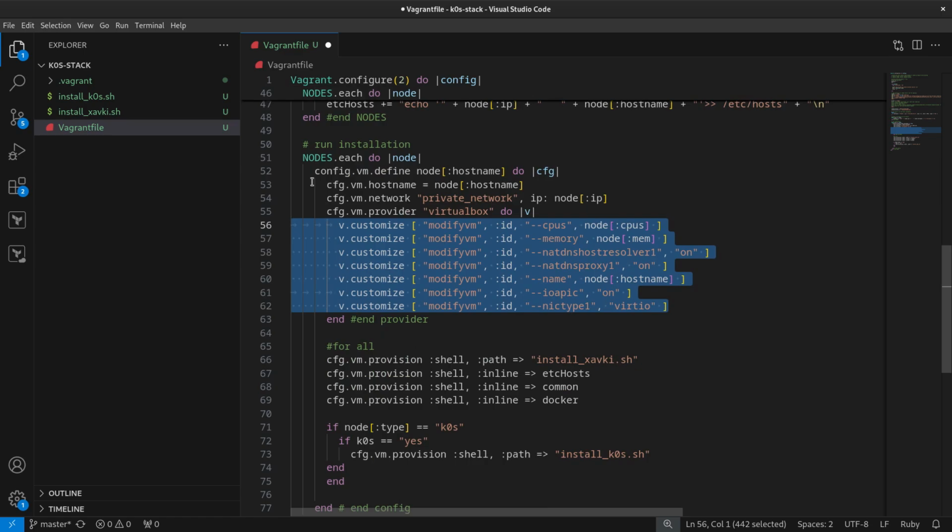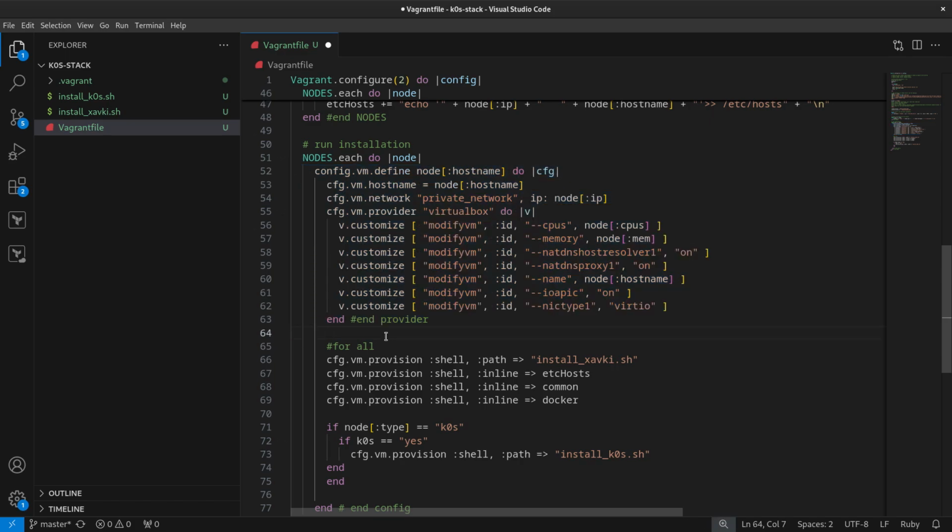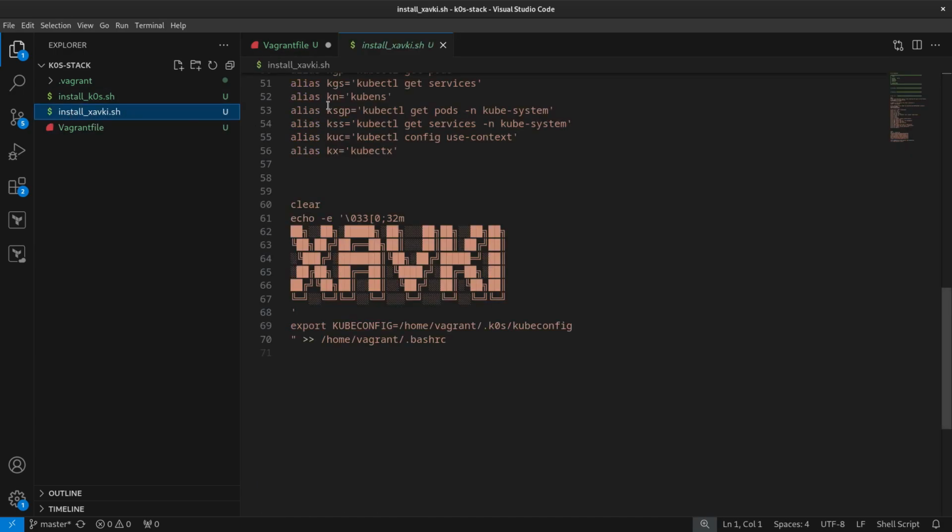So after that, we have a virtual server up here, and we want to run some scripts. For example, we want to run the install script here, and to do that, we have here the shell script.